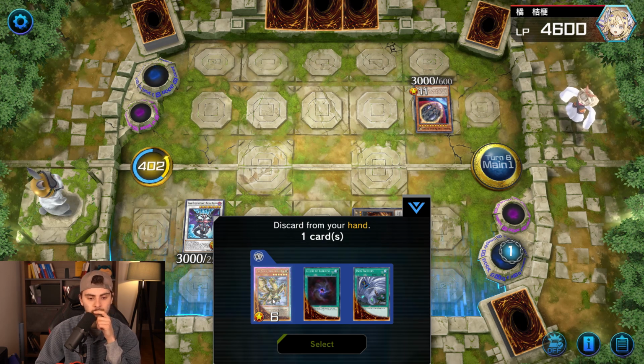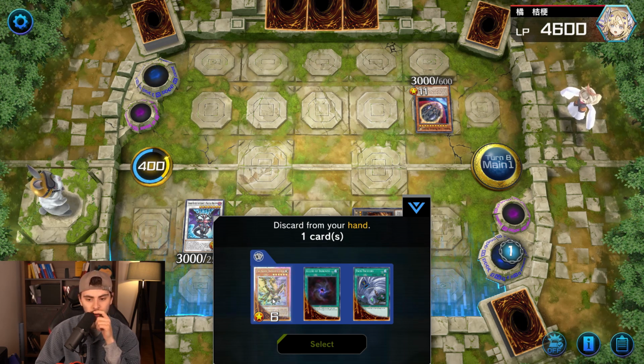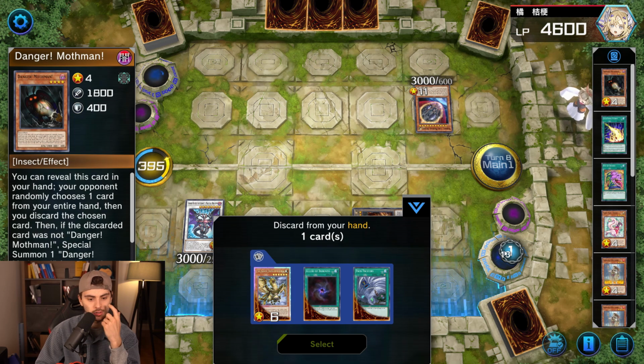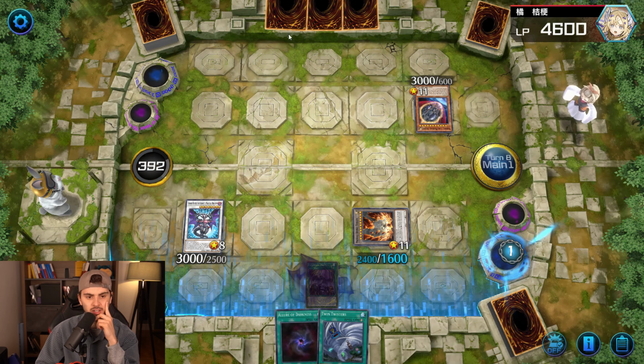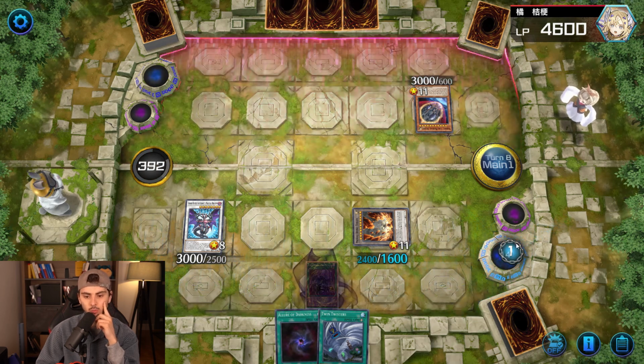Interesting. We could get rid of the Hawk and then banish the Hawk with the Snow. And this is already almost... Yeah, I'm going to do that. So they can get rid of anything. And then what we're going to do is...